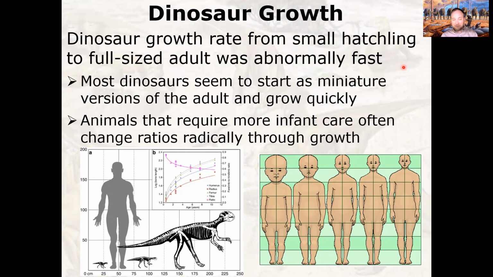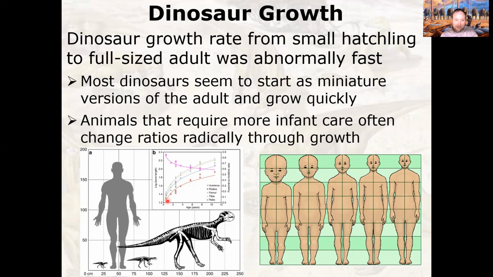There may be other examples of organisms that are close, but I'm not really familiar with any. So again, most dinosaurs seem to start out as miniature versions of the adult, and then they very rapidly grow. So this adult version here, you can see that the juvenile version and the hatchling version, the ratios are pretty consistent. The limb lengths are pretty much the same. The gait changes a little bit, so kind of more upright, more bipedal, but the ratios look very much the same. These dinosaurs are very obviously the same species, just different sizes, and they very quickly,